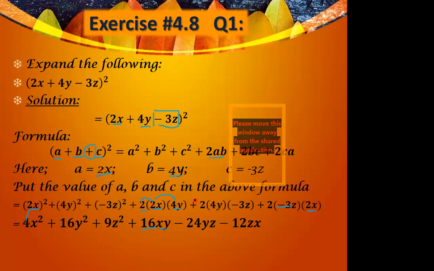Okay, then this is plus minus. So you will write here minus, and 2 multiplied by 4 is 8 and 8 multiplied by 3 is 24. So the answer will be 24yz. Then this is plus minus, right? Plus minus. So you will write it down 2 into 3 is 6 and 6 into 2 is 12zx,